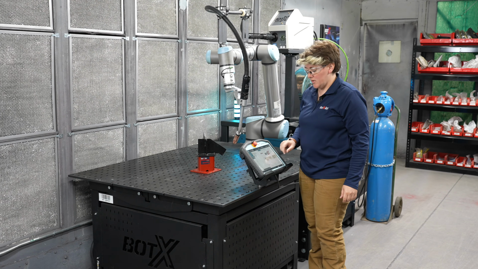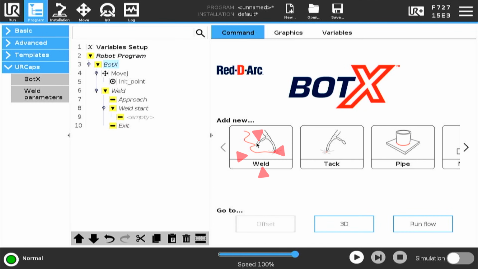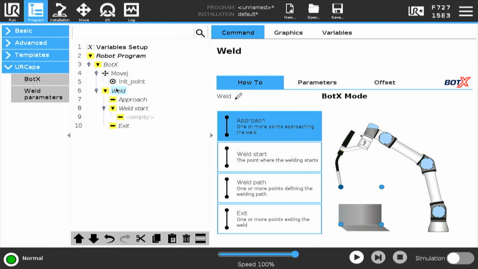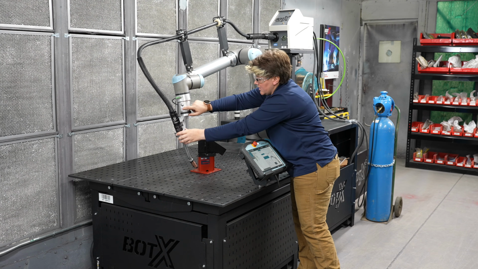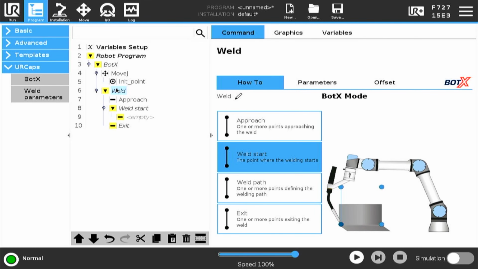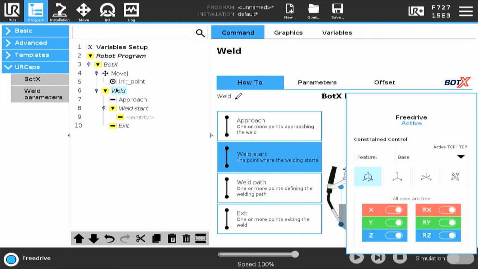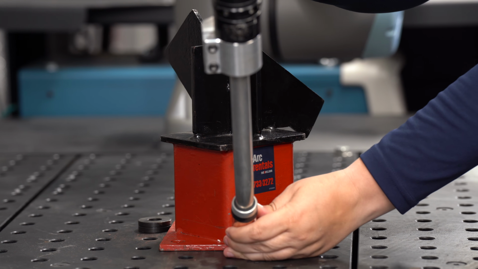So here on the pendant, we're going to create a new weld node, and we're going to create our approach using that blue button, create our weld start,